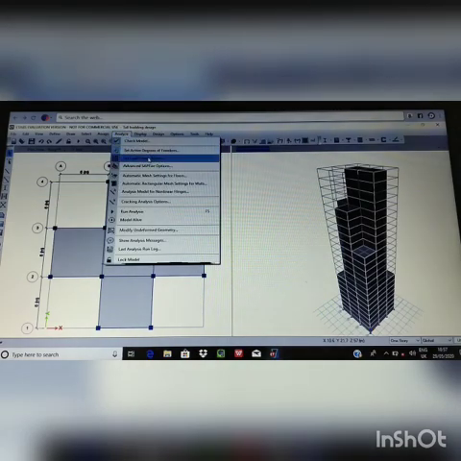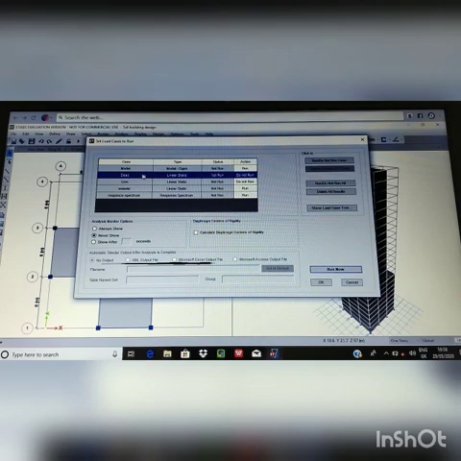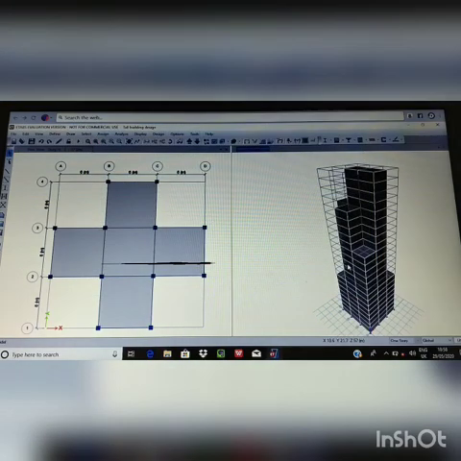Now analyze. Click on Analyze, Load Cases to Run, change dead load to Do Not Run, then click on Run Now.